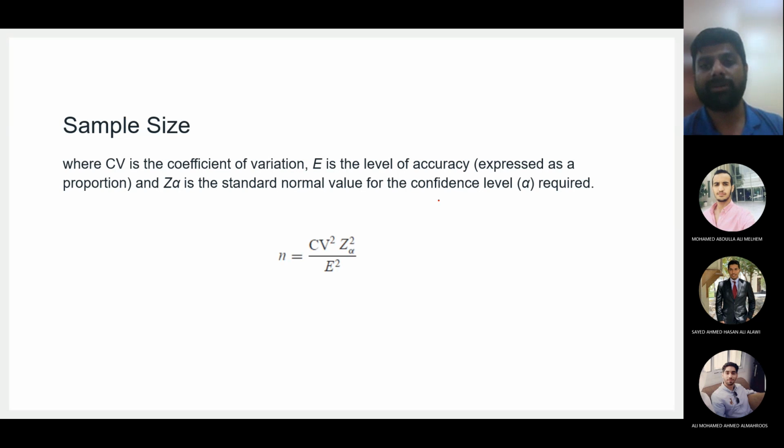So you will define what your alpha is, how much confidence level you require in your sample, and then you will take the value of Z for that alpha. Normally our confidence level is 95%, and for that the Z value is 1.96. If you want to check it, go back to the slides of the previous topic, you will find it there. And E is the error which you are allowing in your measurement.